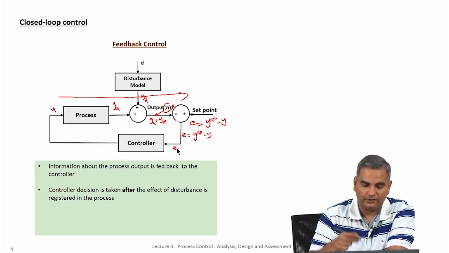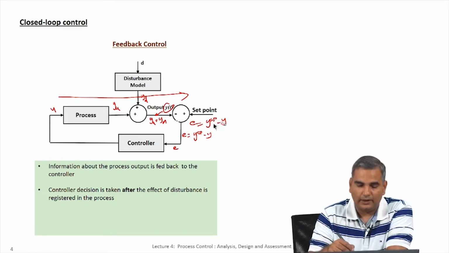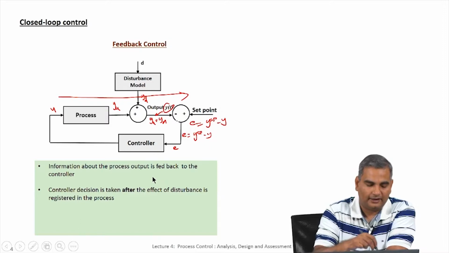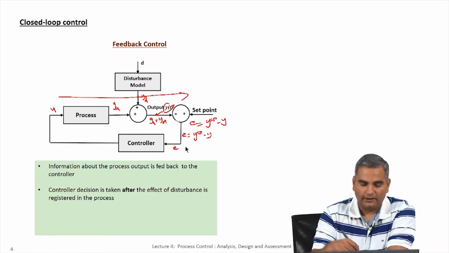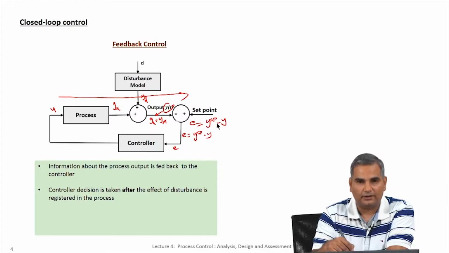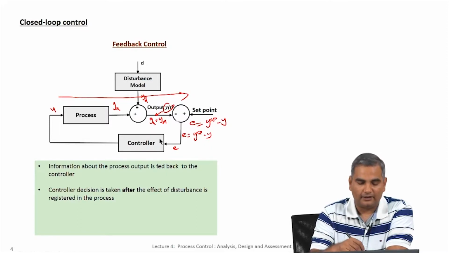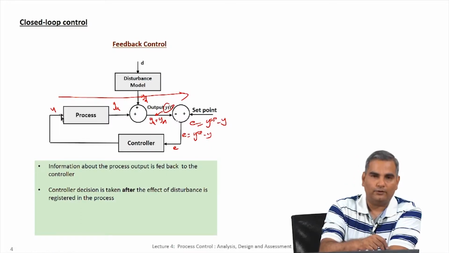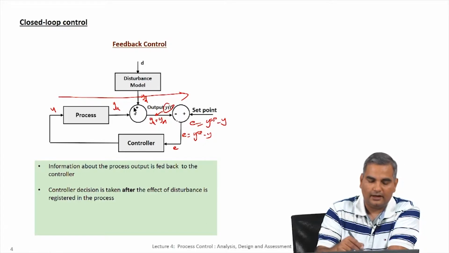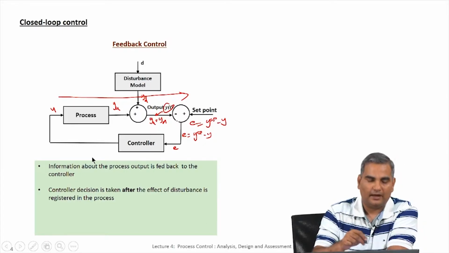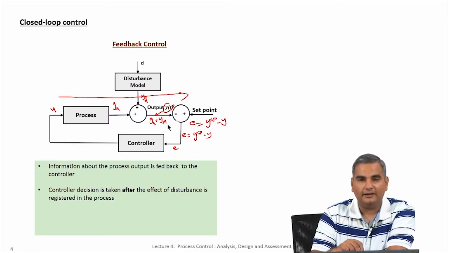So, for example, if this error is 0, that basically means y and y set point are the same. So, y equal y set point. So, the controller could say look, this error is 0, so everything is fine and dandy, I do not have to do much, right. However, if the error is not 0, that means there is a mismatch between the set point and the output. So, that should trigger the controller to act, and the way the controller acts is by changing the u value. So, that this u changes and then this loop keeps going on, and this controller should ideally stop acting only when the error goes to 0.